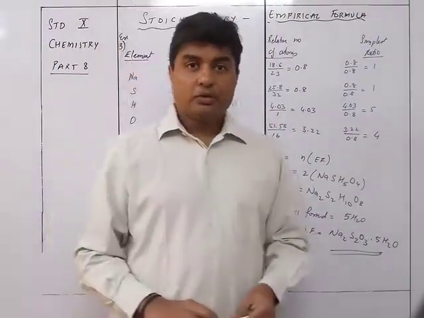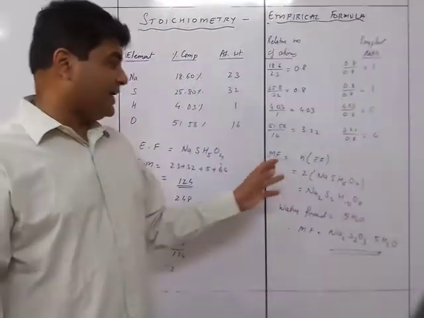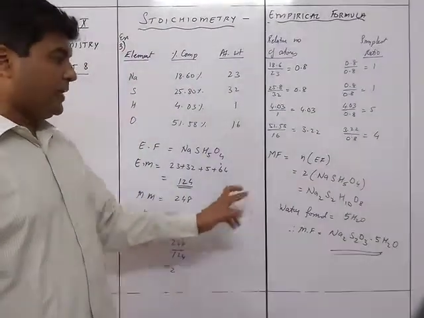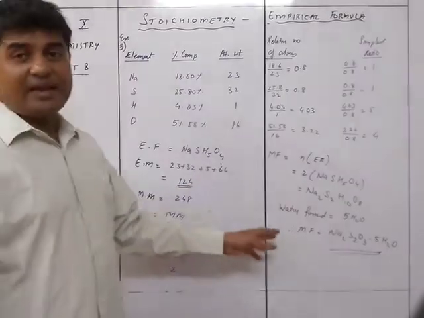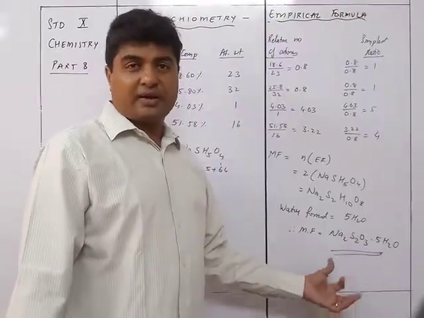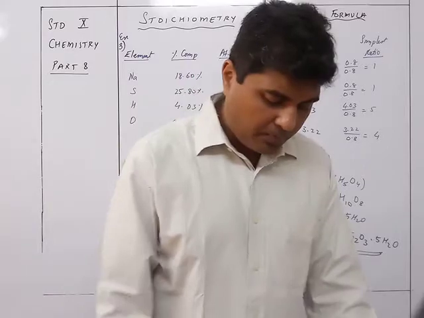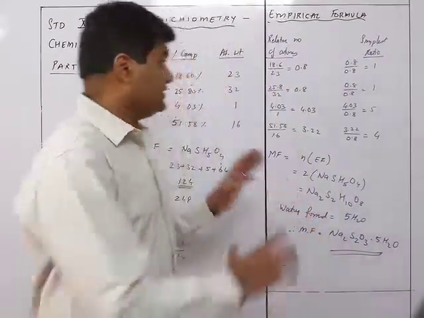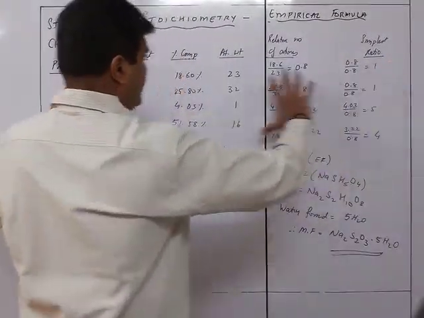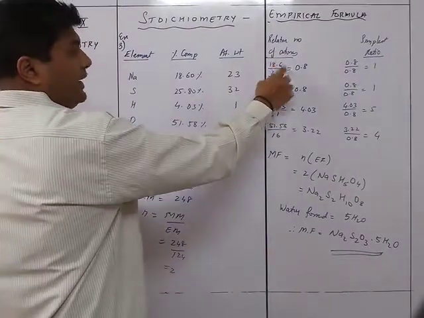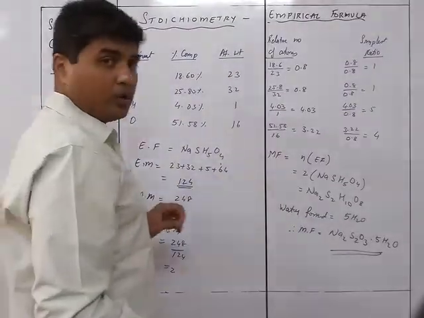Got it? So it is not necessary that every time you are going to get only this much part. You may also get certain things like finding the water of crystallization. But overall it is based on this important table. This is the important part that you are going to have, and calculations are going to be the most important over here.